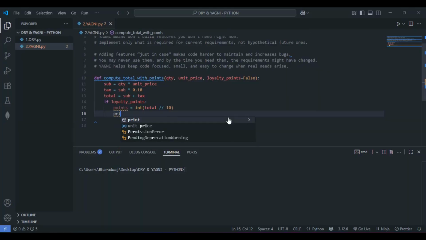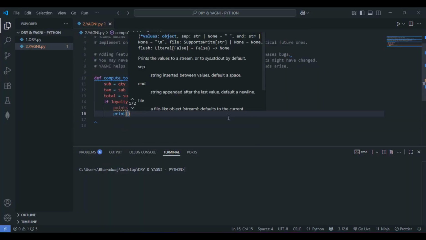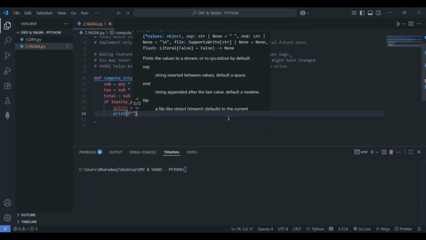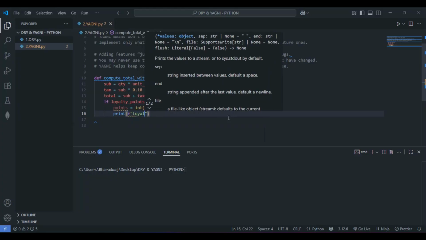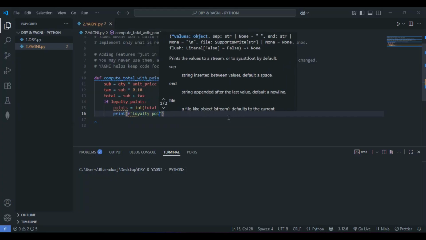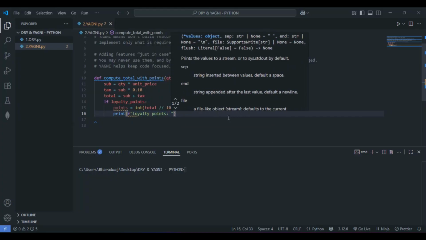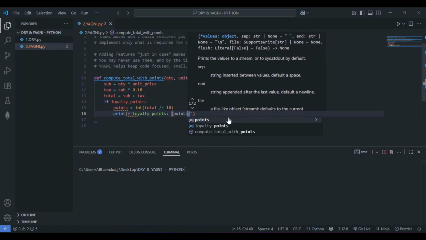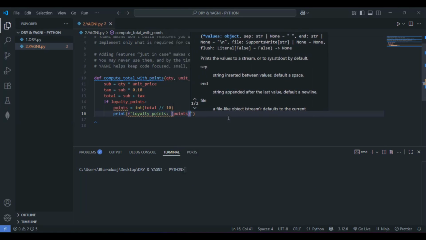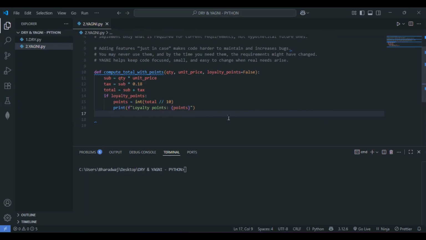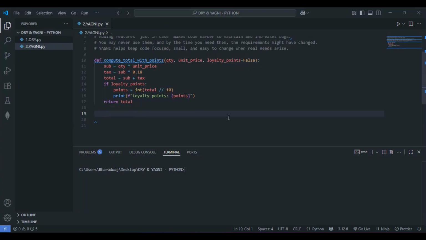Now let's print something for interactive purposes, using string interpolation: loyalty points, and finally the points. So this is fine, I guess. Let me return the total here. We are done with this.